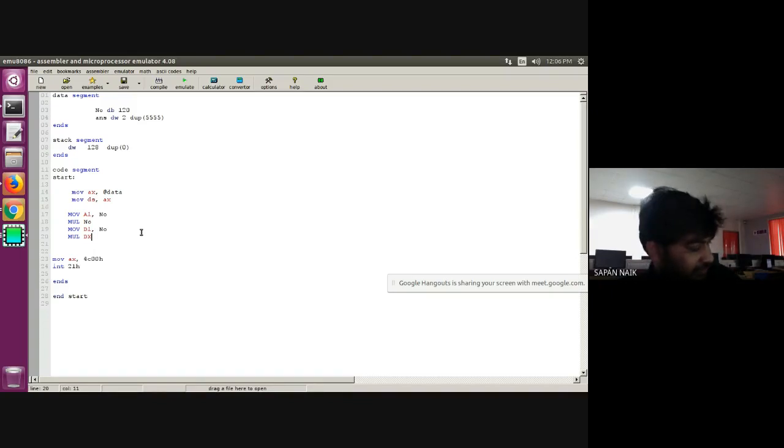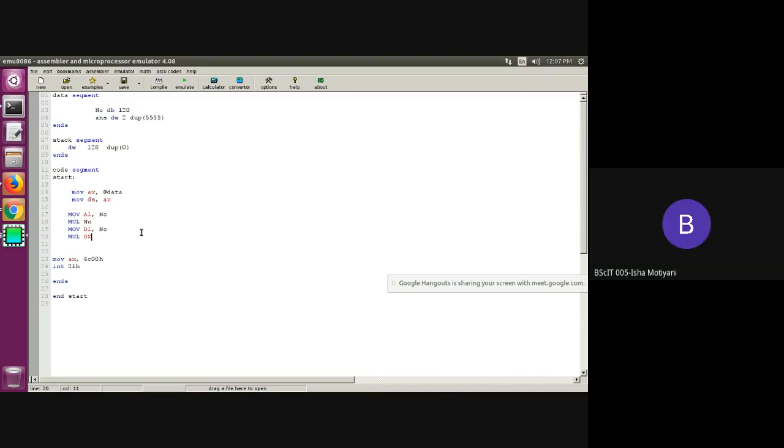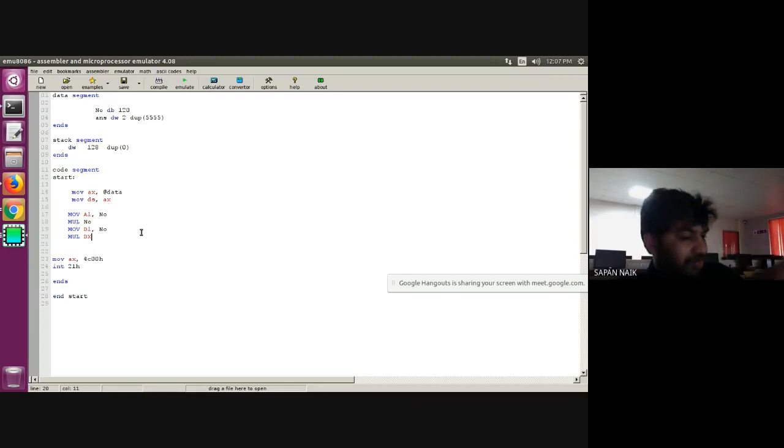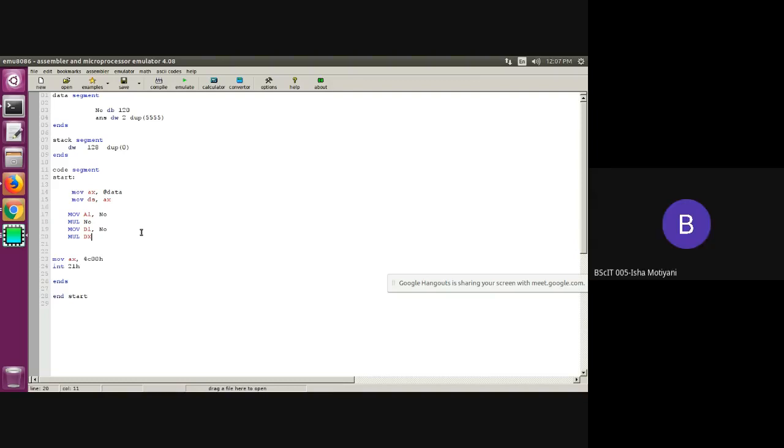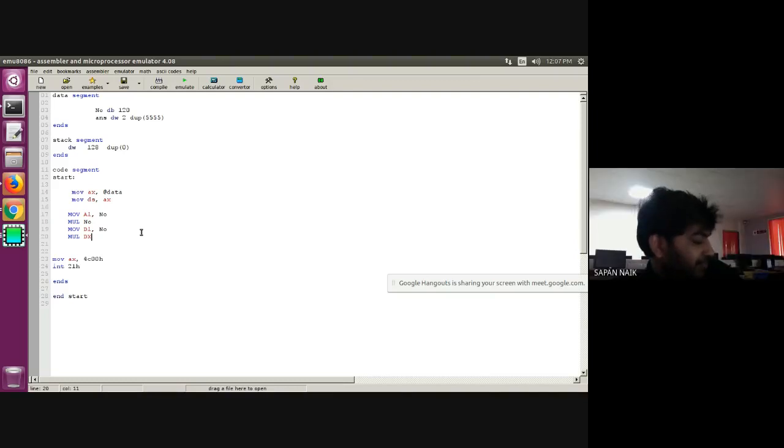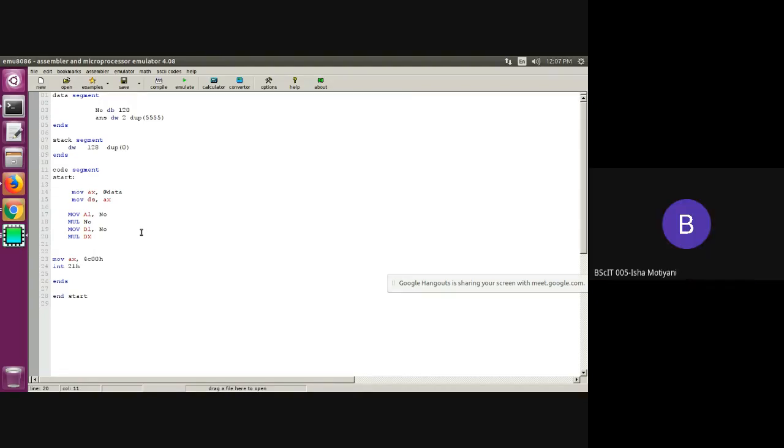So I need to convert my number from 8-bit to 16-bit. If I want to convert any number from 8-bit to 16-bit, what am I supposed to do? I need to put 00. That's what I am putting. My DH register by default contains 00, right?